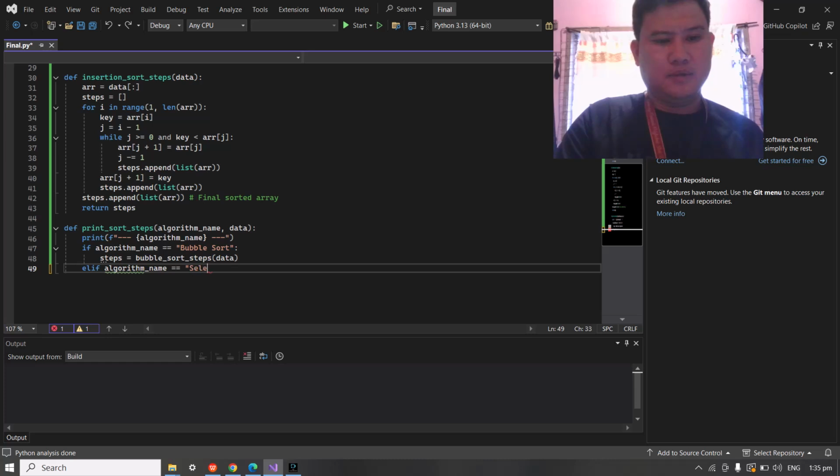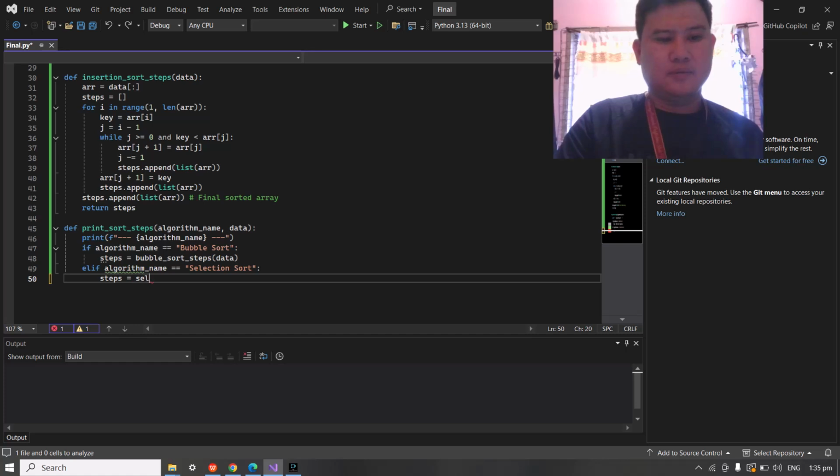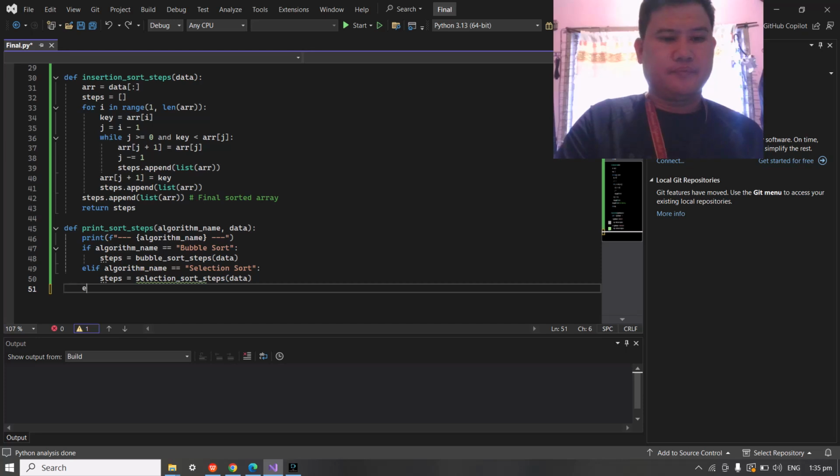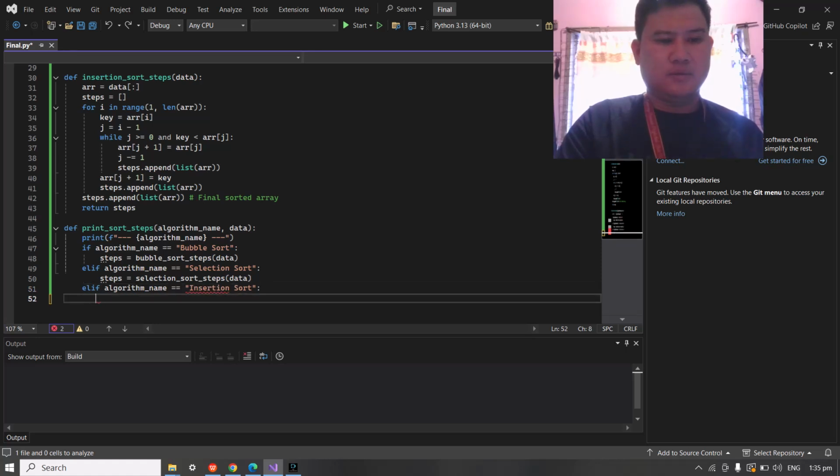Okay, selection sort. Next is text selection sort, text data. Next is algorithm, insertion sort. Okay.